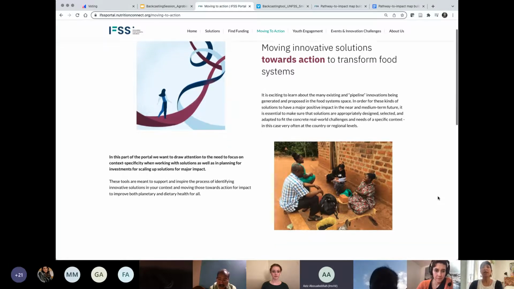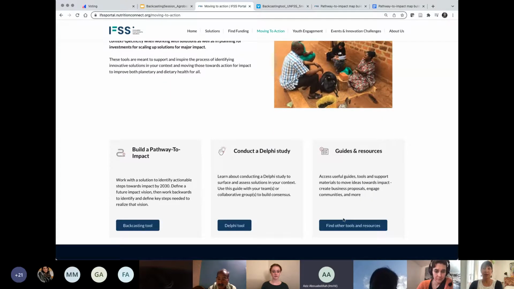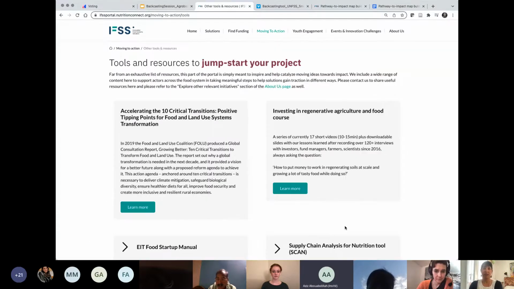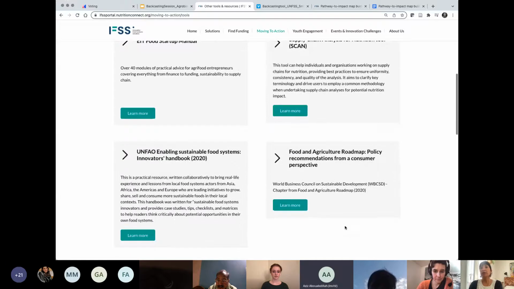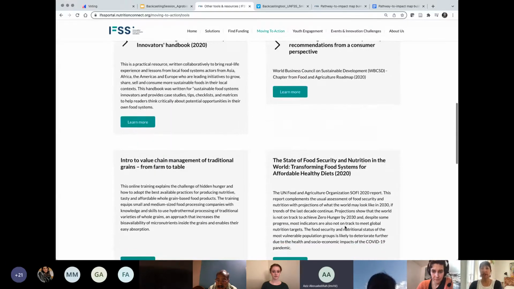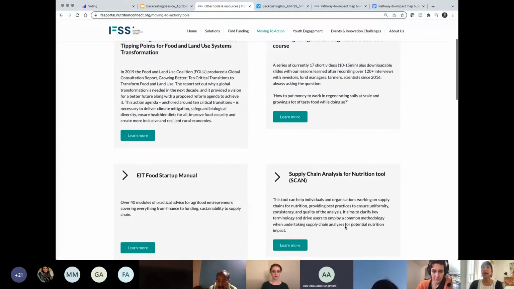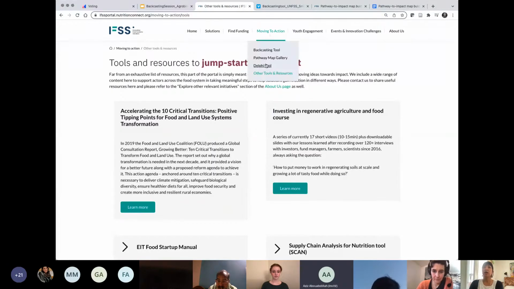And so in this section of the portal, we have a wide range of guides and resources. I'm going to work backwards and get to backcasting. So we invite you to check out this. This includes startup manuals, different kinds of policy recommendations, toolkits, and resources from all across the food system. And we invite you to submit others if you know of others that we can certainly include here. And then also